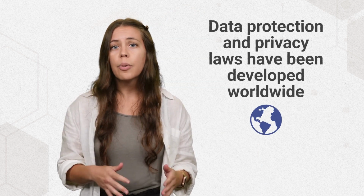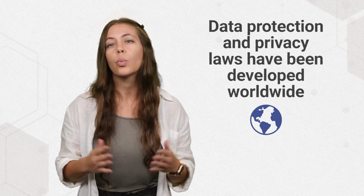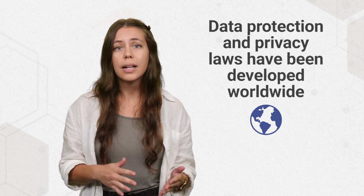Data drives every business, but the very data that enables business success can be extremely sensitive. Not only can unethical data handling cost a business in fines, productivity, and reputation, but it can put their customers and employees at risk. That's where data privacy legislation comes in. Data protection and privacy laws have been developed worldwide to govern how data is collected, processed, stored, and used. Here, we'll go over what we think are the most important data privacy regulations businesses and consumers need to be